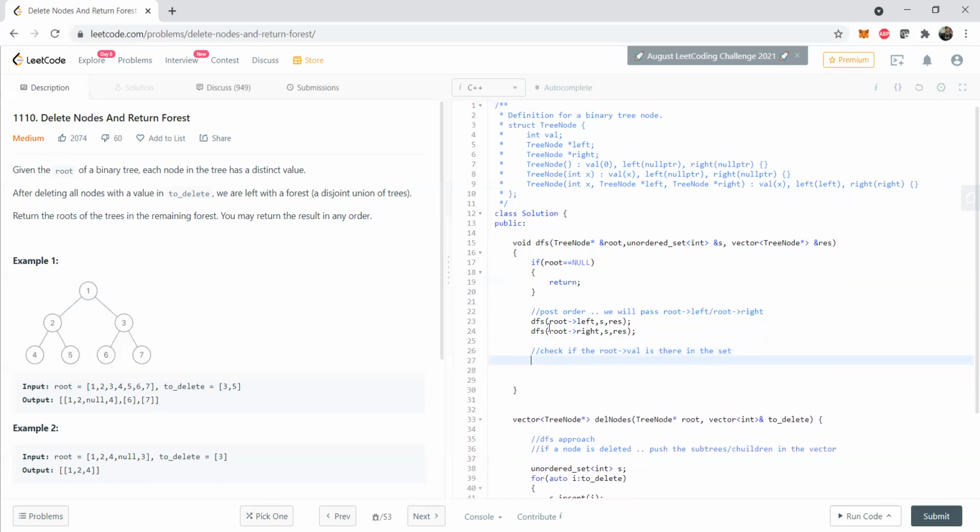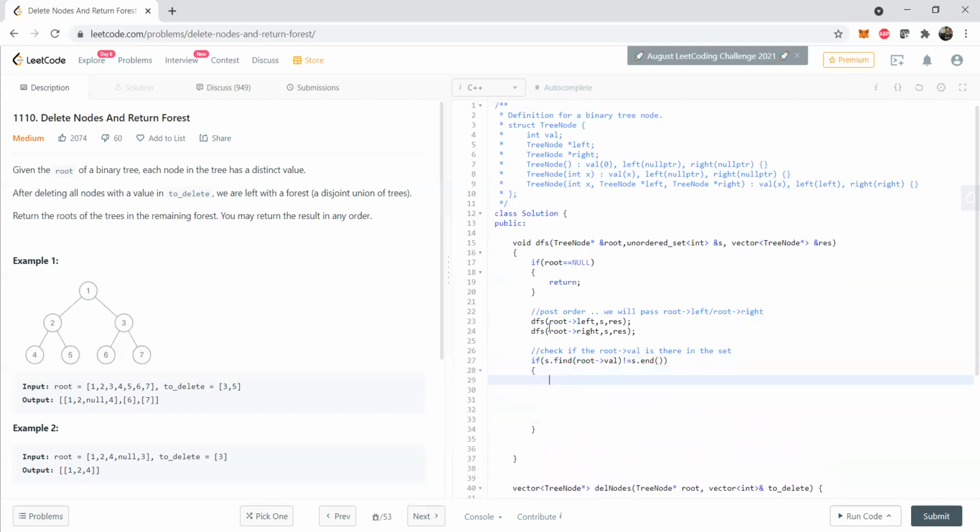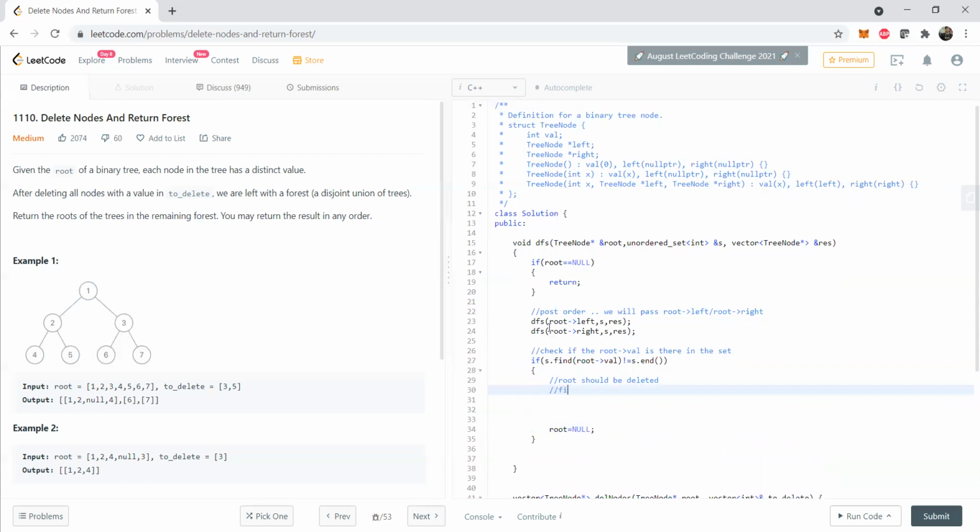So what will we be doing in that case? So let's say if s.find(root val) is not equal to s.end, this means that root should be deleted. So before we delete root, which we can do with a simple root equal to null, which will cause that root to be deleted, we have to first